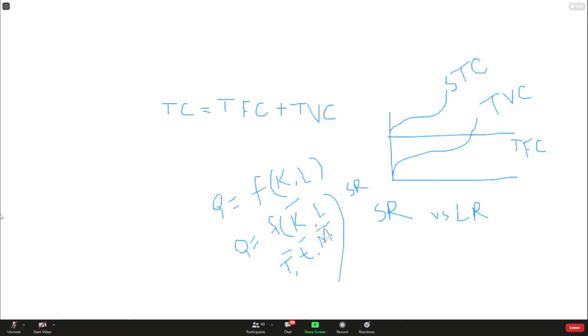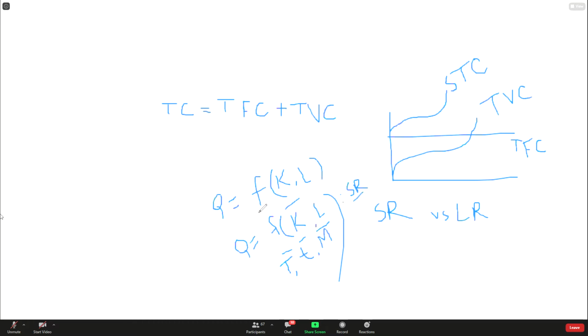Here, sir, 1, 2, 3, 4. So four are fixed. So in a concept where some factors are variable, that means those factors can change their magnitude, and some factors are constant and cannot change their magnitude. If this perception, that some are variable and some are fixed, happens at a time, we can say that that function, that concept, is known as short run concept. Clear or not? Yes, sir, clear.